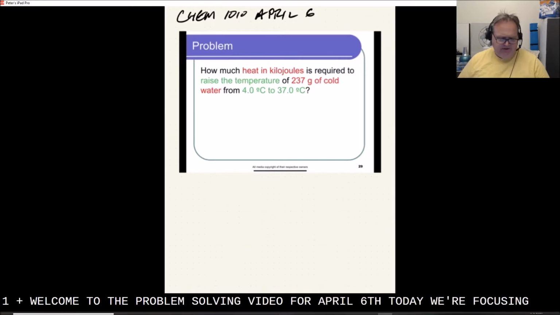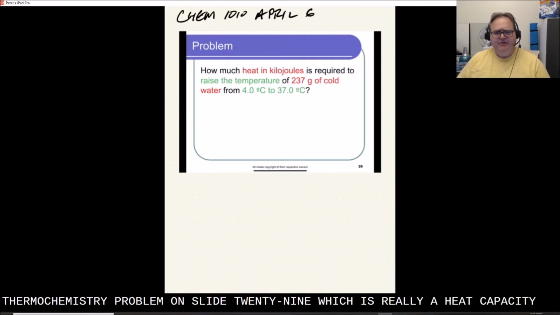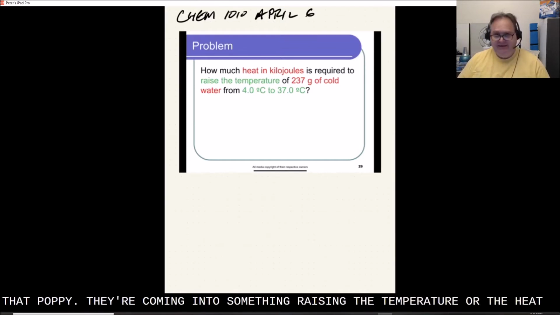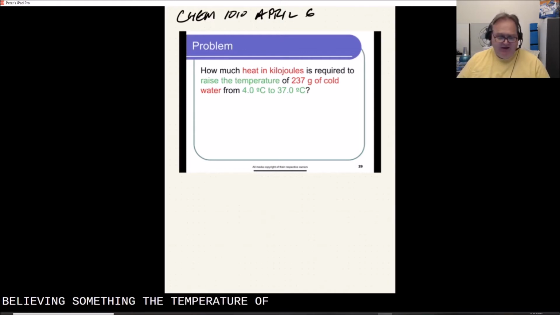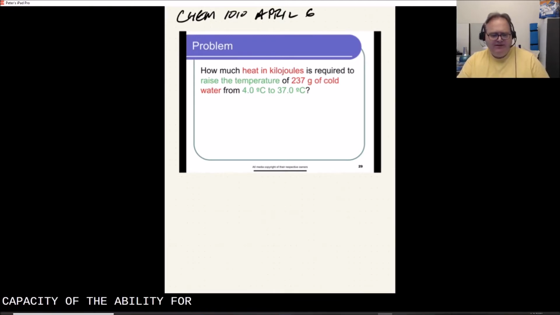Today we're focusing on the thermochemistry problem on slide 29, which is really a heat capacity question. The amount of heat required to change the temperature, either heat coming into something, raising the temperature, or heat leaving something, the object cooling off, is directly related to the amount of substance and the thing we call the heat capacity, the ability for something to hold heat before it changes